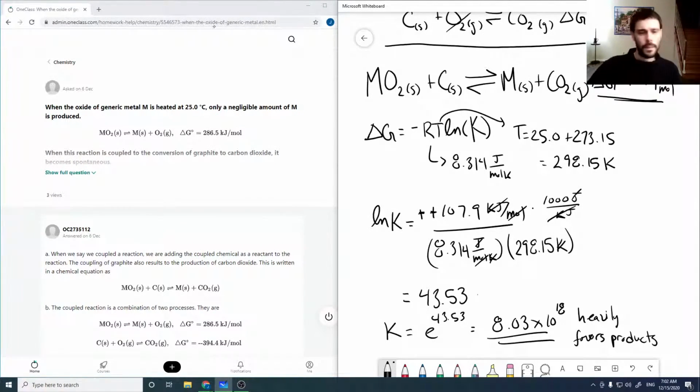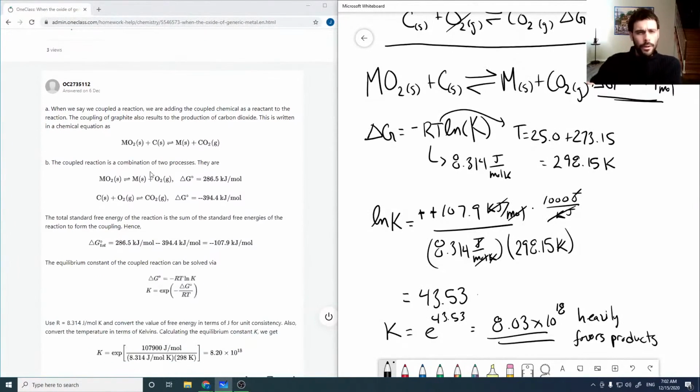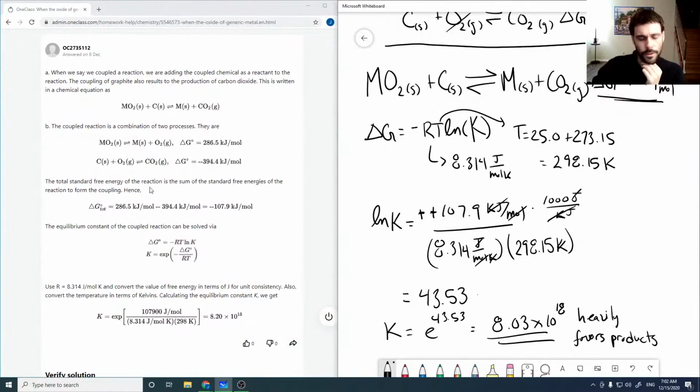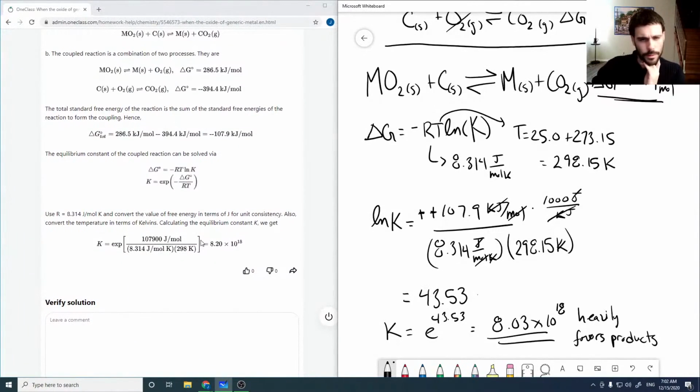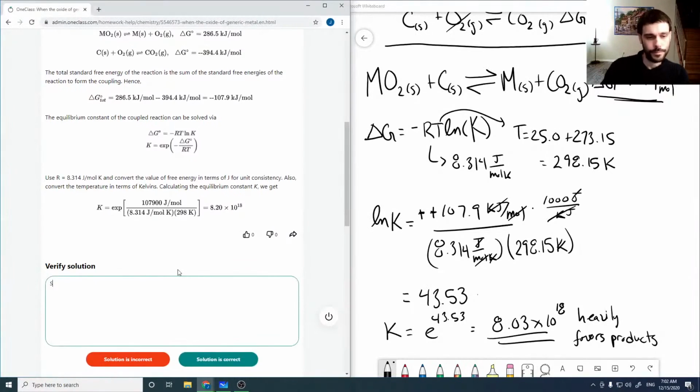Okay, I think that was everything. So going down through this, there's our coupled equation, which we have. We can get our delta G by just summing them. And then we get about, that I think is just the difference in the decimal places used for a Kelvin definition. Yeah, because our delta G is the same, but it's about 8 times 10 to the 18, so it looks good. Okay,